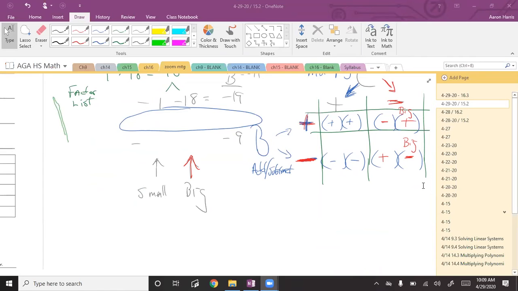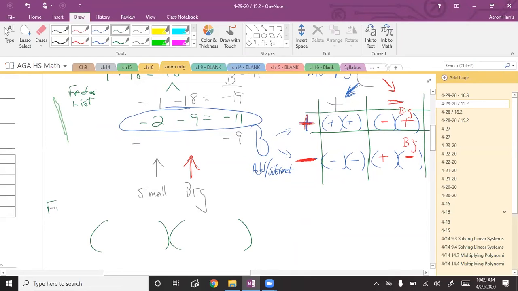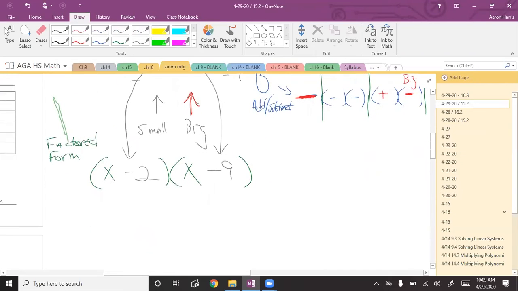So here we go. It was negative 2 and negative 9, and that was negative 11. Therefore, I can write my answer in factored form. This is factored form. Okay. So if this is factored form, I'm able to say x is the first term, and then all I have to do is plug in the two terms I say will add up to B. So I get negative 2, negative 9. My answer